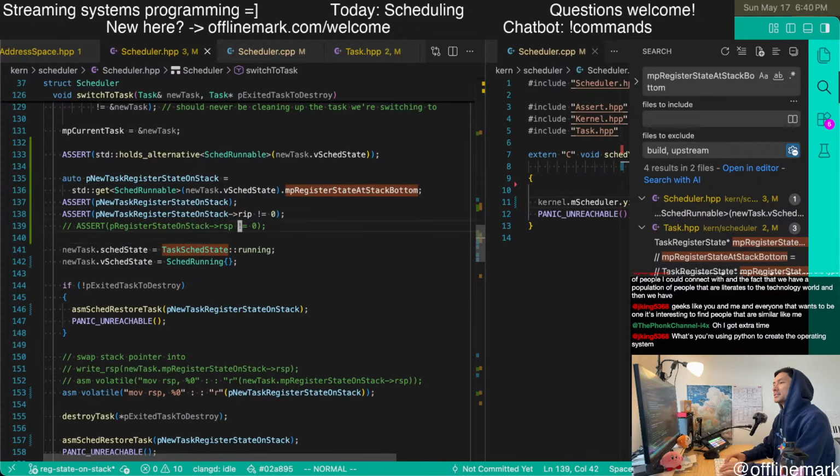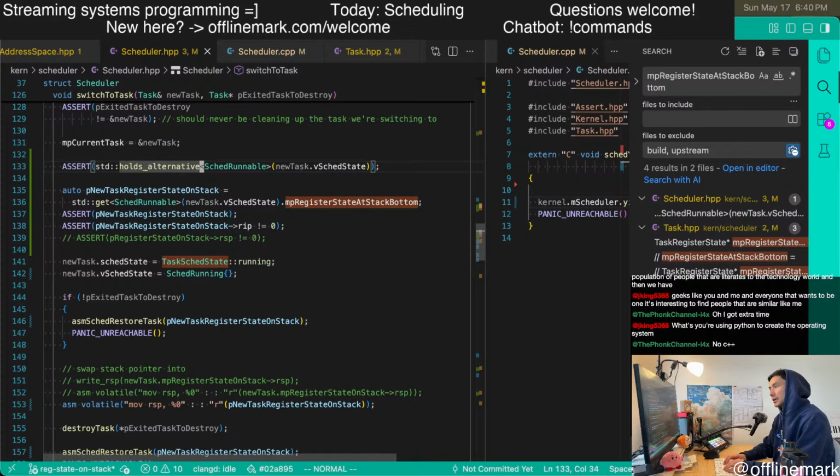All right, so holds alternative. Yeah, so we got this thing. We assert that it's runnable. Get this thing, and then we're free to reset the state later.